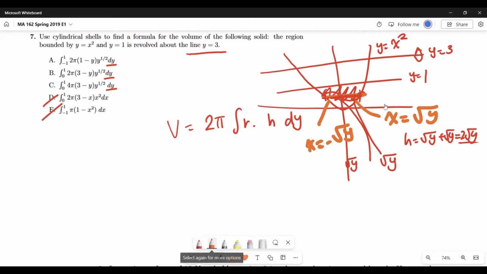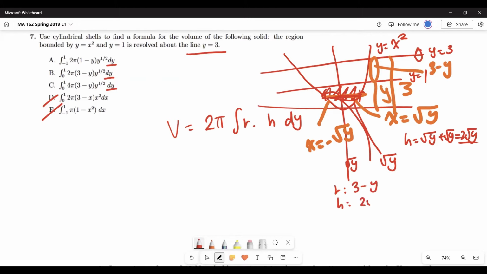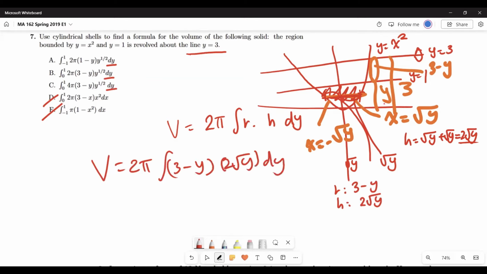And our radius. Let's find our radius. So this is 3, and this is y, and we want to find this much, right? Which is 3 minus y. So our radius is 3 minus y, height is 2 square root of y. So we have everything. V is equal to 2 pi, 3 minus y, 2 square root of y, dy, revolving around